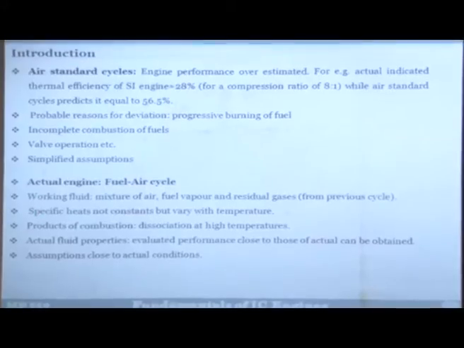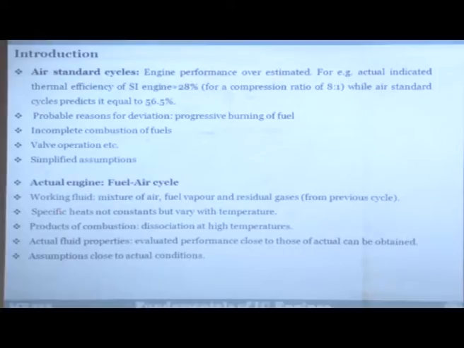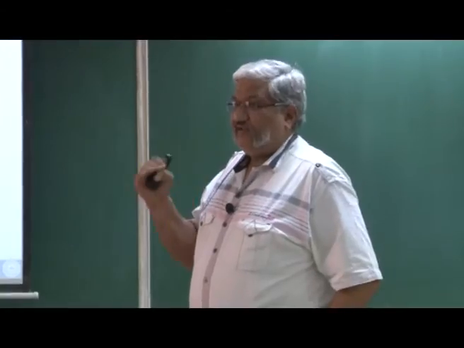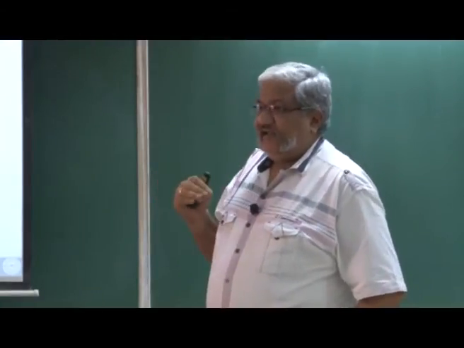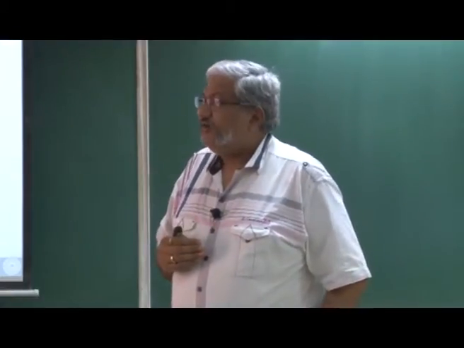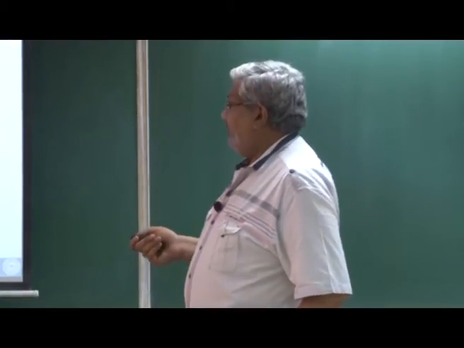The second thing, the element of realism that you introduce, is that the specific heat of the gaseous species that you may have in the engine combustion chamber varies with temperature. They do not remain constant. Remember, in the air standard cycle we said that all the properties of the working fluid, which was air, remain constant. It does not change with increasing temperature. And in an engine cycle, we know that we experience temperatures from 20-30 degrees to almost 2000 degrees Kelvin. So, Cp and Cv values can change considerably.